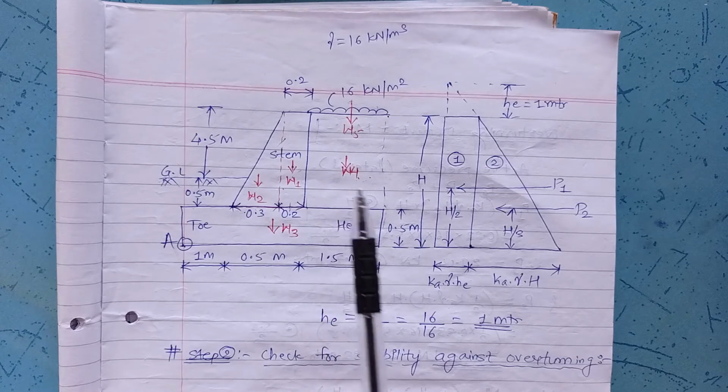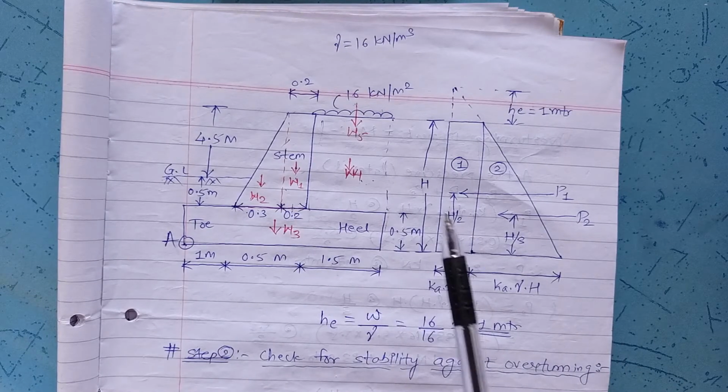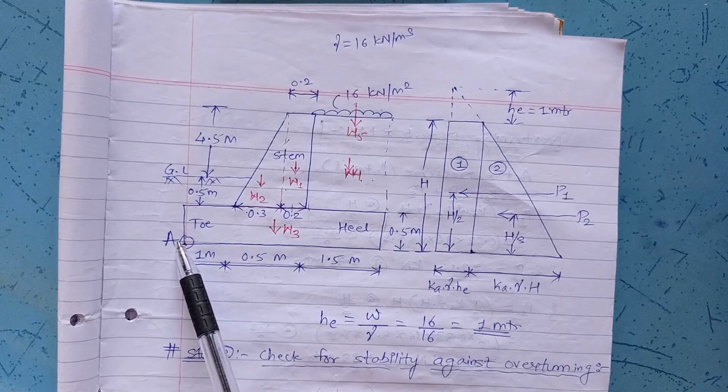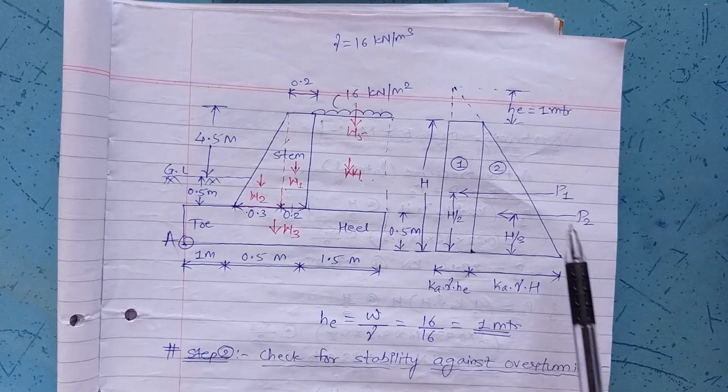These total 5 forces will be acting in the downward direction, and downward acting forces are considered as stabilizing forces, and the moment due to the stabilizing forces will be the stabilizing moment. And here P1 and P2 are nothing but lateral forces, acting in the lateral direction, tending the retaining wall to rotate or overturn about the toe A. Hence, P1 and P2 will be the overturning forces, and the moment due to P1 and P2 will be the overturning moment. Now we are supposed to calculate the stabilizing forces and stabilizing moment.